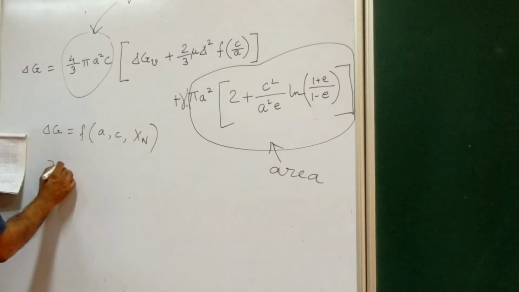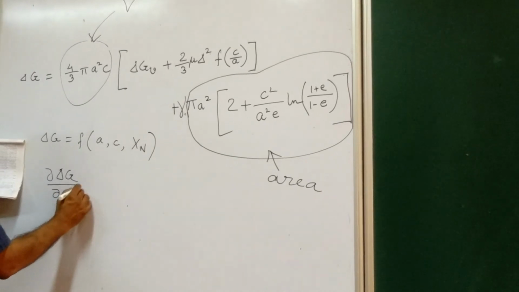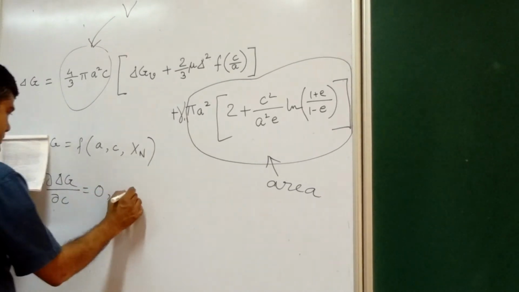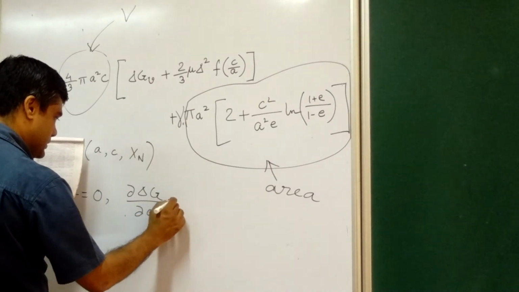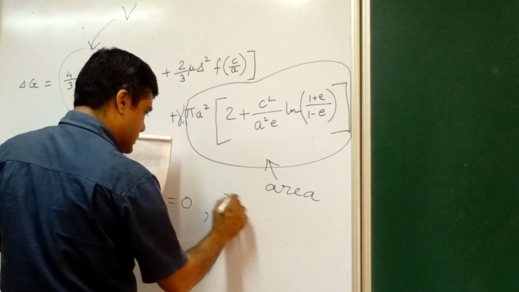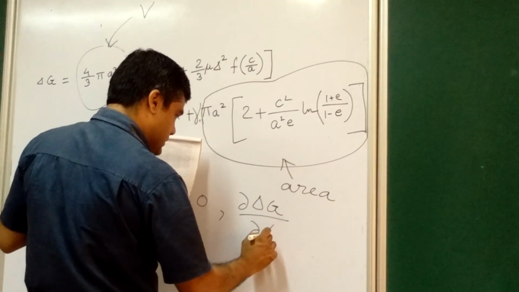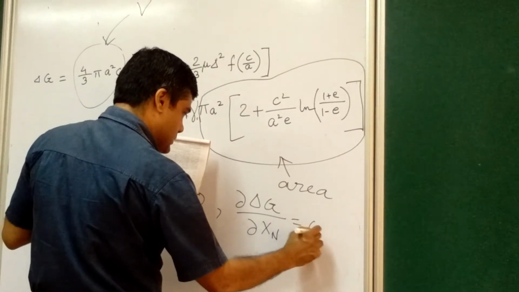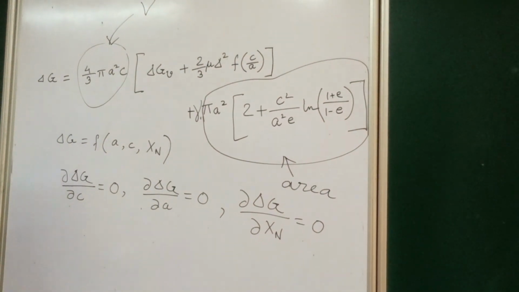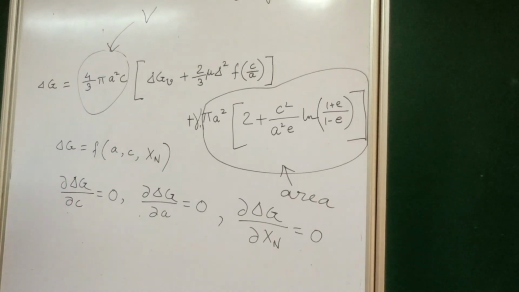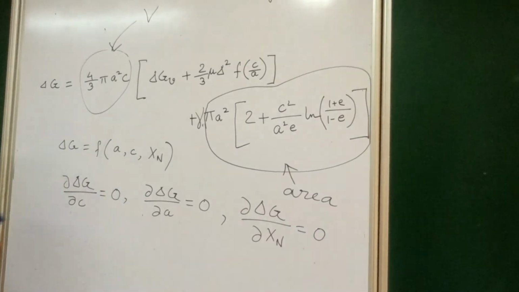So the saddle point can be obtained by taking all these partial derivatives equal to 0 simultaneously, and if you do that, what you will find,